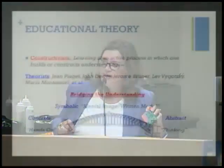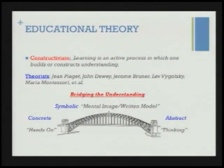And they can see it, and then they go, oh, it's like my favorite sound in the world. Oh, I see. Gee, that makes sense. So this is based on these theorists, and there are many more, but these are some of my favorites. Piaget and Dewey, Brunner, Vygotsky, and Montessori, and we all know the Montessori schools, so that's what that philosophy is